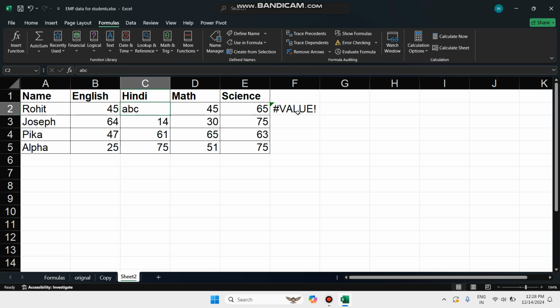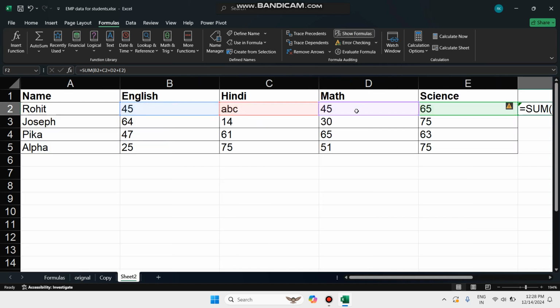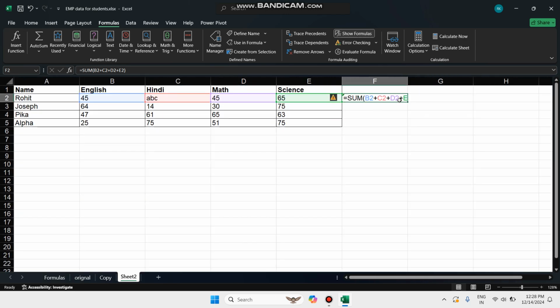Okay. After that, now I want to check, suppose there is a value we have and I want to see what exactly the problem is. We can click on Show Formulas. So we can check what exactly the formula is that we are using for that purpose. Right now we can